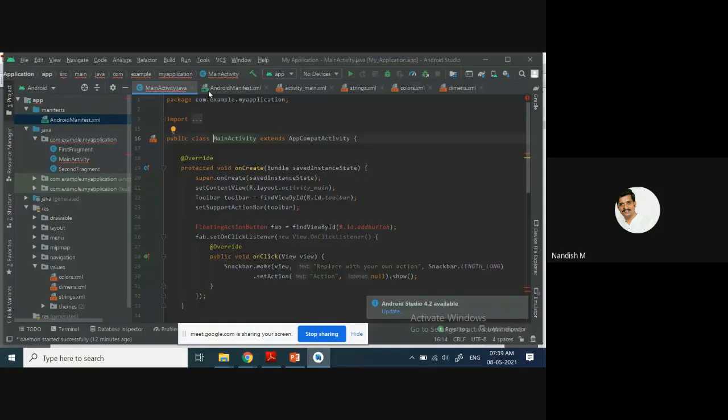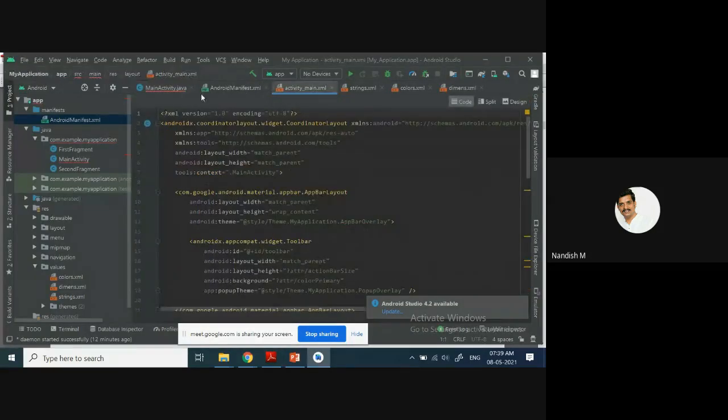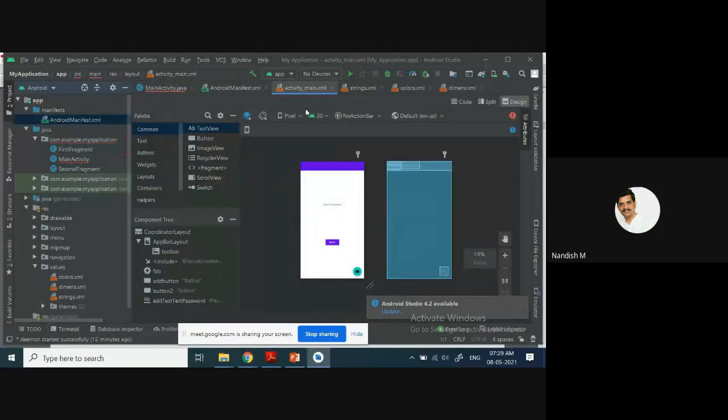As I already showed you in the previous classes, see here in this one screen, so many views are there. It can be text view, button, image view, recycler view, fragment. Each one is called a view. All these views can be stored in layouts, constraint layout, linear layout, in order to organize. If you want some structure, then it should be added inside the layouts or inside the containers.